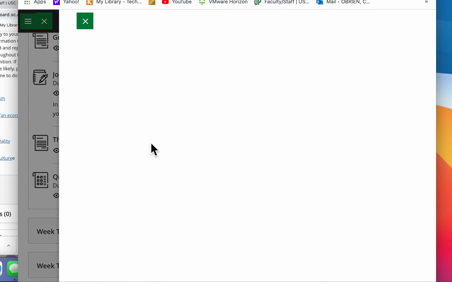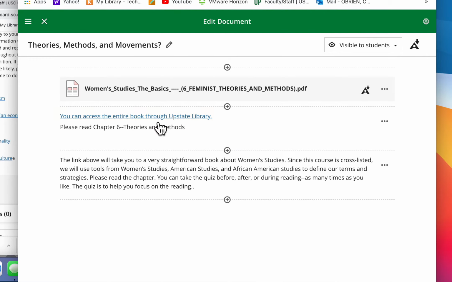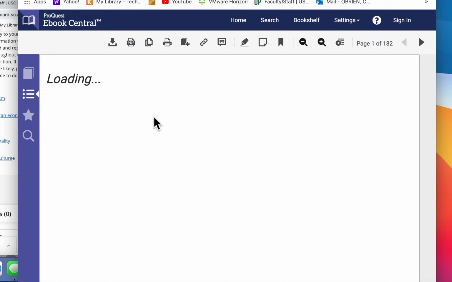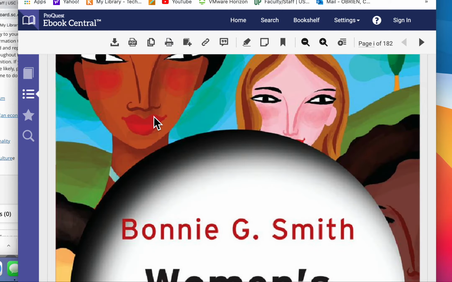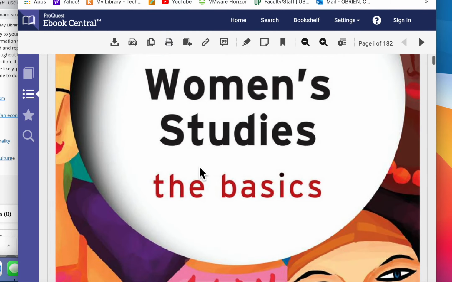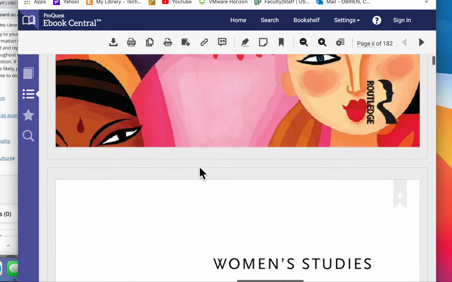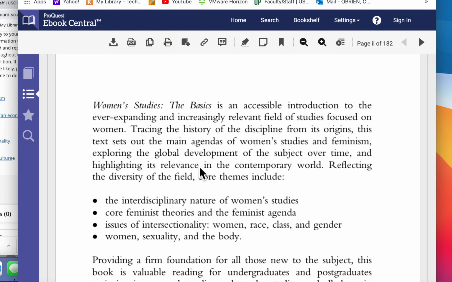Then we have a short reading, which you can also connect to through the library. And I should have said this sooner, but using Spartan Green Sky and logging in and using the dual notification for all of this stuff is helpful when you are off campus. But Spartan Green Sky, maybe I should remember to put a link to that.